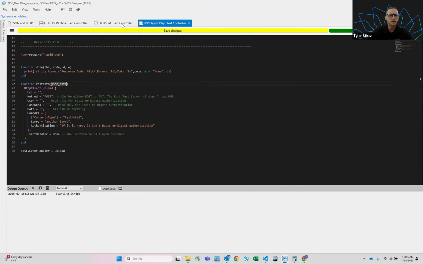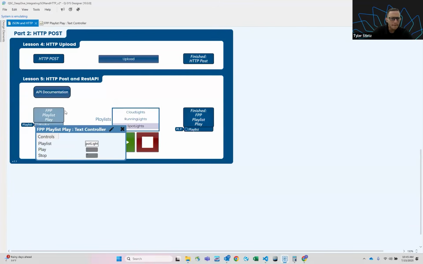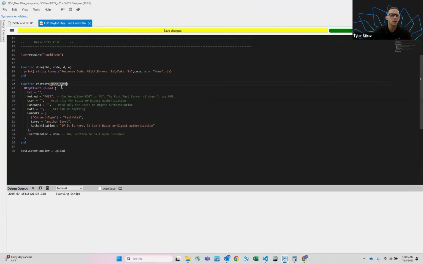Let's get some of these out of the way. Here we go. So we know that it's API and command, and then our command name. What we're actually going to do is the command name is our argument. So we're just going to stick with API command, and we'll pass in that command name later on. So our URL is going to be our IP address,